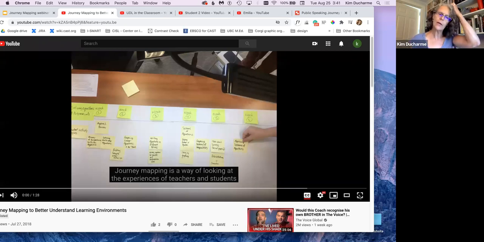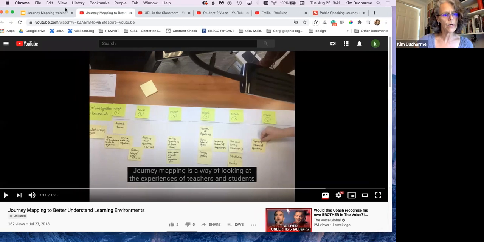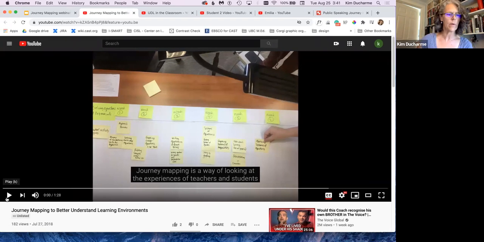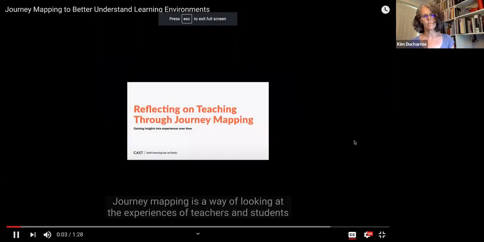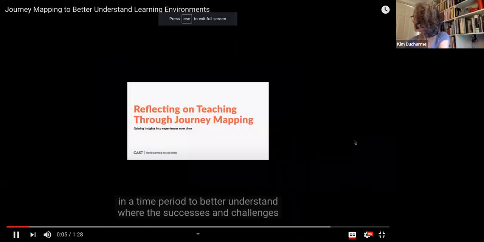And the context here is we were designing a digital math environment. We want to get more intel on the teacher's experience. So we're interviewing a teacher. Let me adjust my screen. There we go. Journey mapping is a way of looking at the experiences of teachers and students in a time